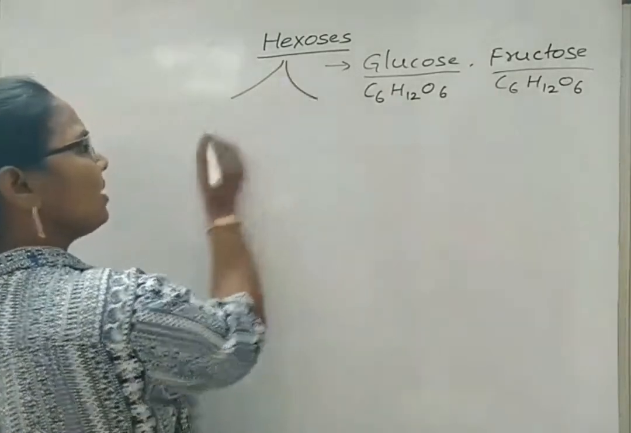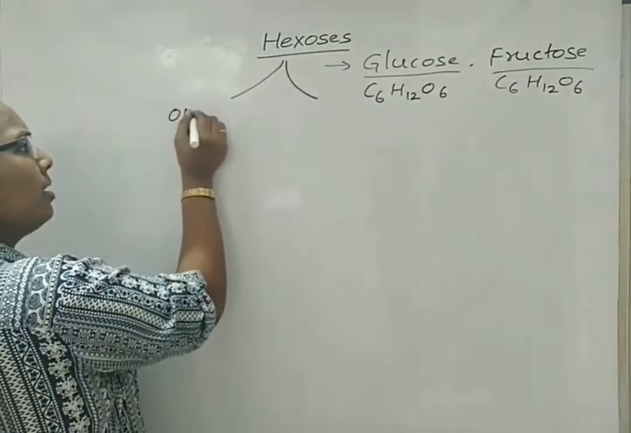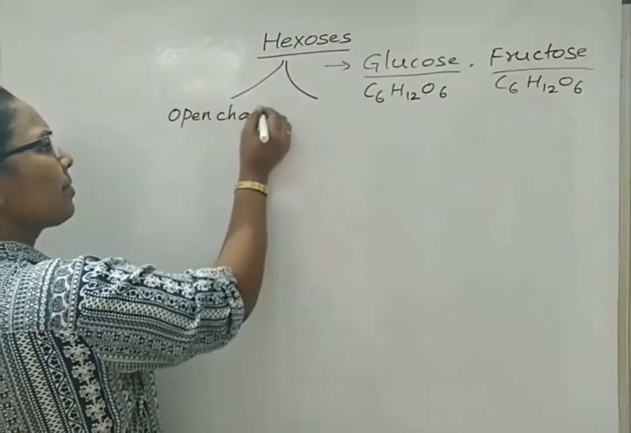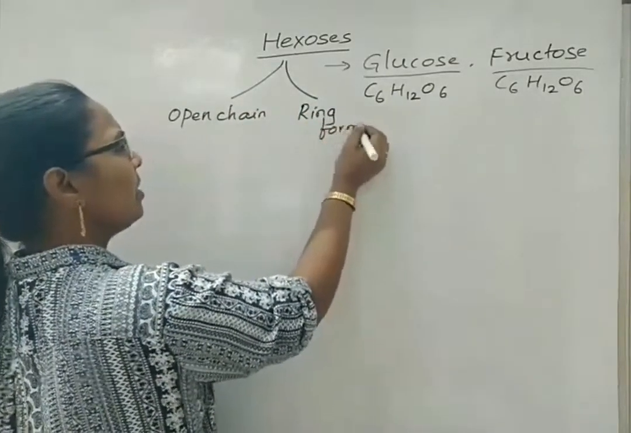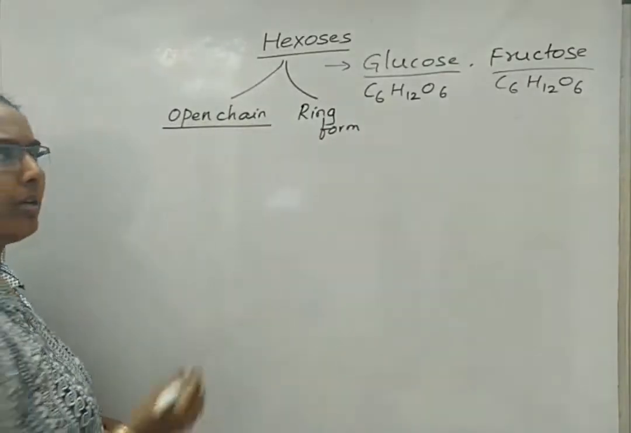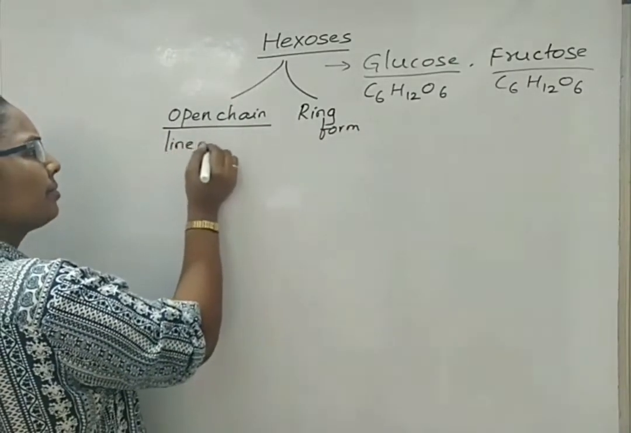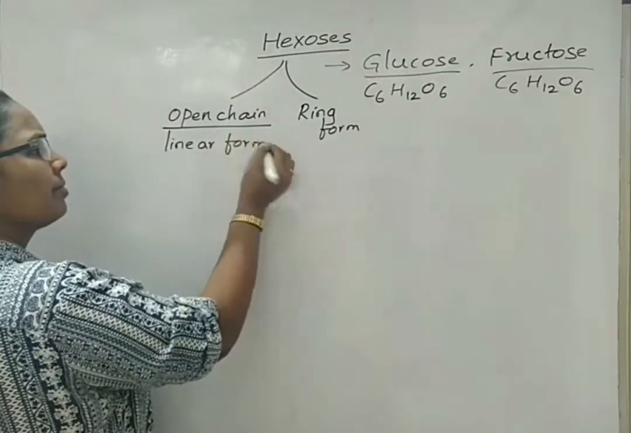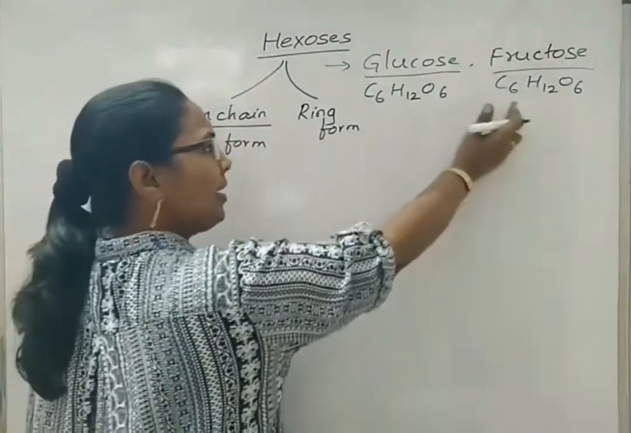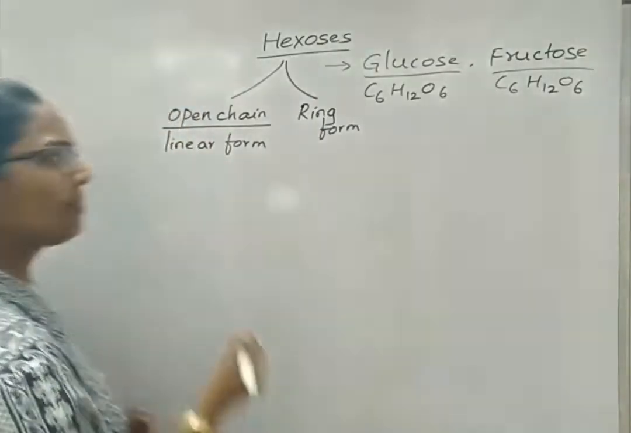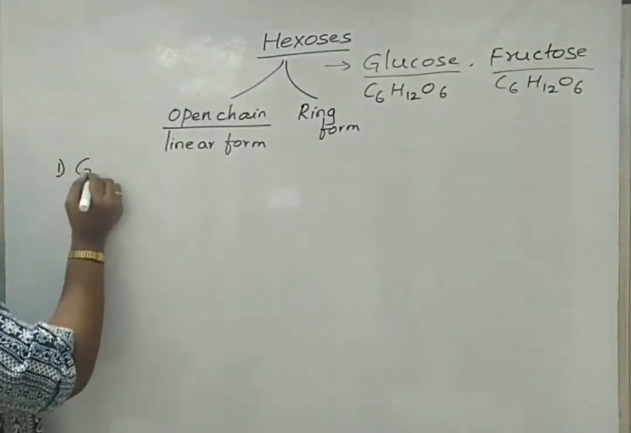Hexoses exist in two forms, that is open chain form and also ring form. Open chain form is also called the linear form. But the names for the ring forms of glucose and fructose differ. First, if you take glucose,